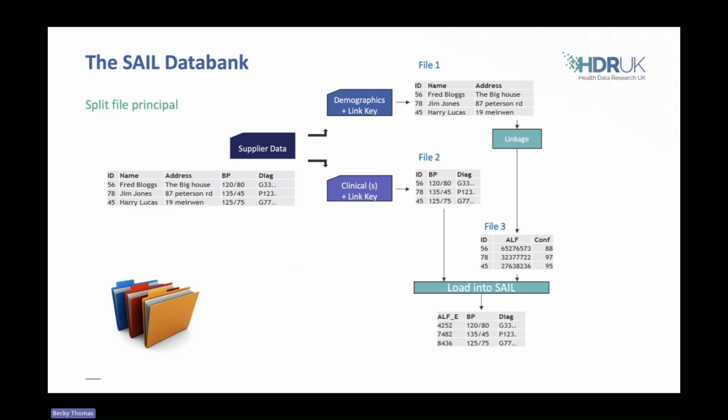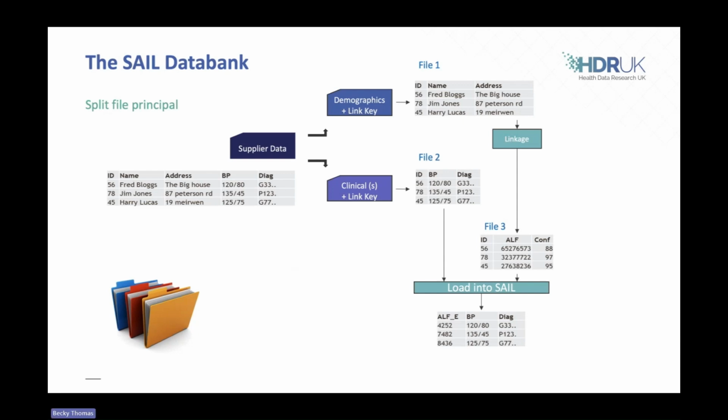The data bank works by the supplier splitting their data into two files. All of the identifiable demographic data goes into one file, and all of the clinical data goes into a second file. Both files have a common linking ID between them. The clinical data goes straight into SAIL to be loaded, and then the first file with all the personal data goes into our health